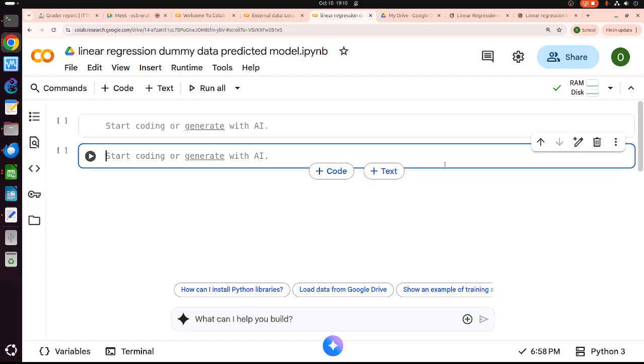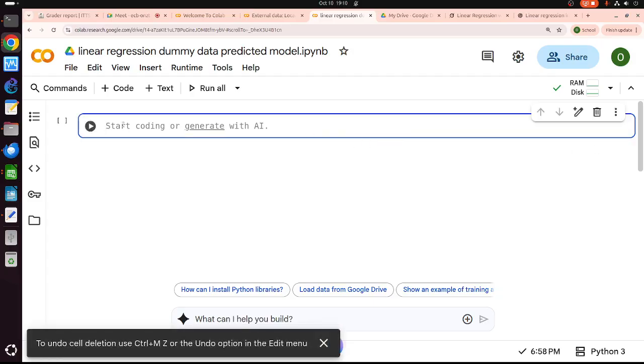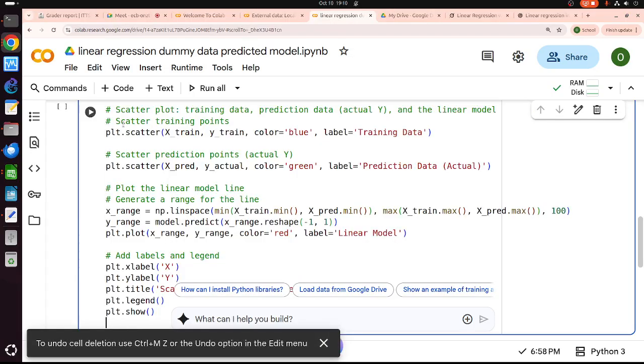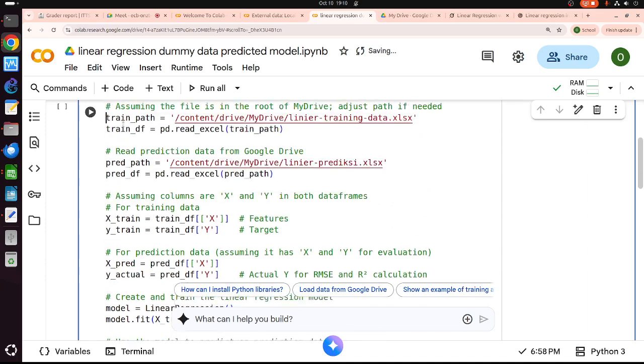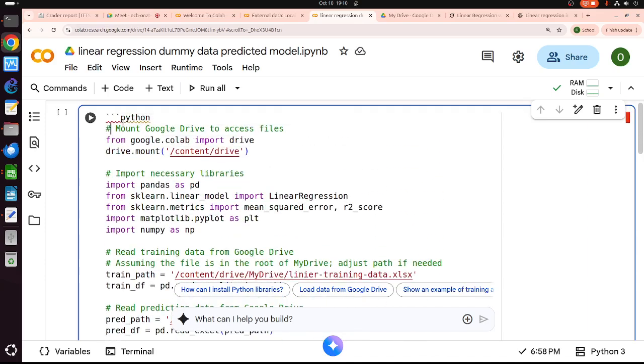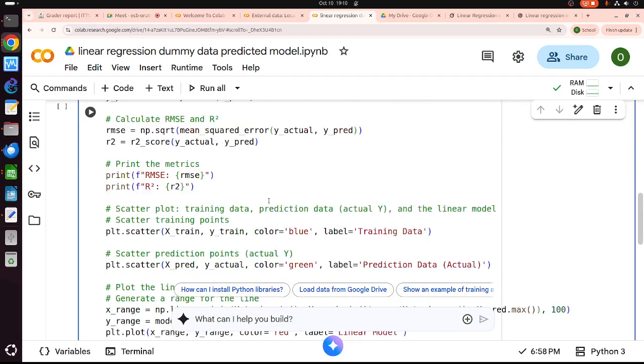Okay. Wow. Okay, I have to remove this one first. Okay. I have to remove this one. The Python's the Grok things. Okay.